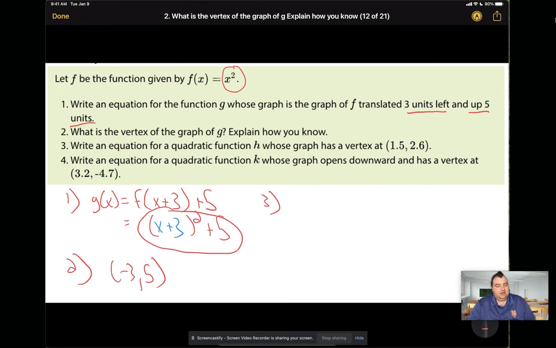So for number 3, write an equation for a quadratic function h whose graph has a vertex at 1.5, 2.6. So 1.5, 2.6, that's going to mean 1.5 units right, and up 2.6 units. So when I write my function notation, they're calling this h, so h of x, and when I compare it to f of x,